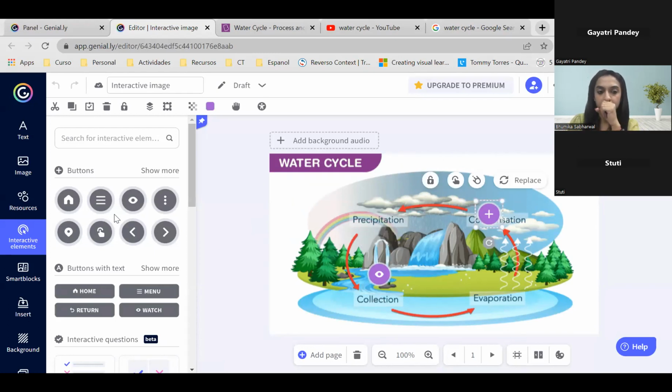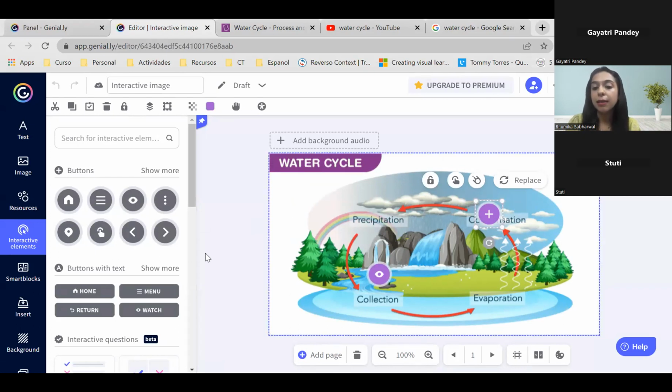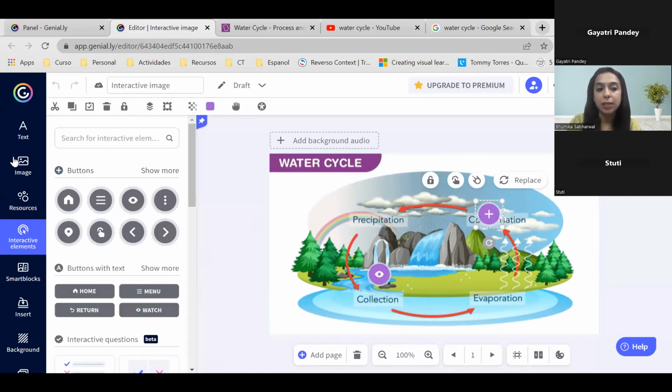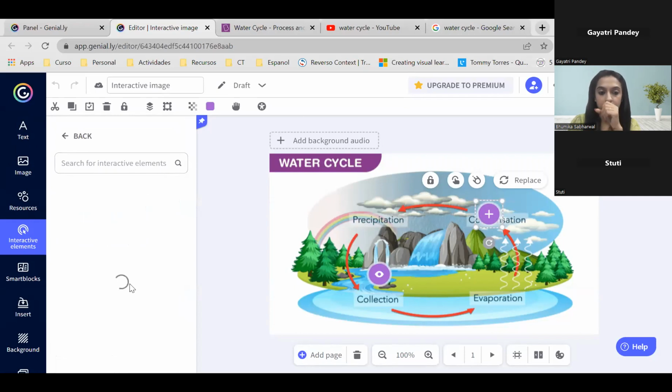You can change the look of these buttons. If you click on show, this is basically what we're going to play around with on the left. This is what our focus will be on. The interactive elements are these buttons. You do have an option of